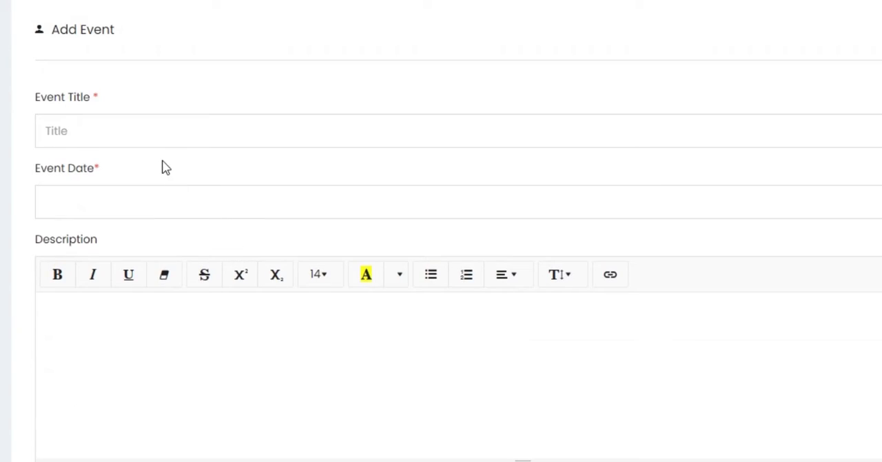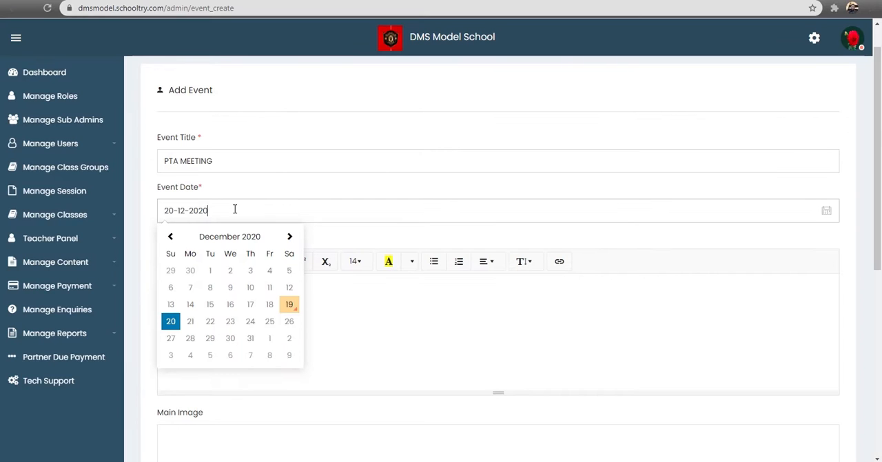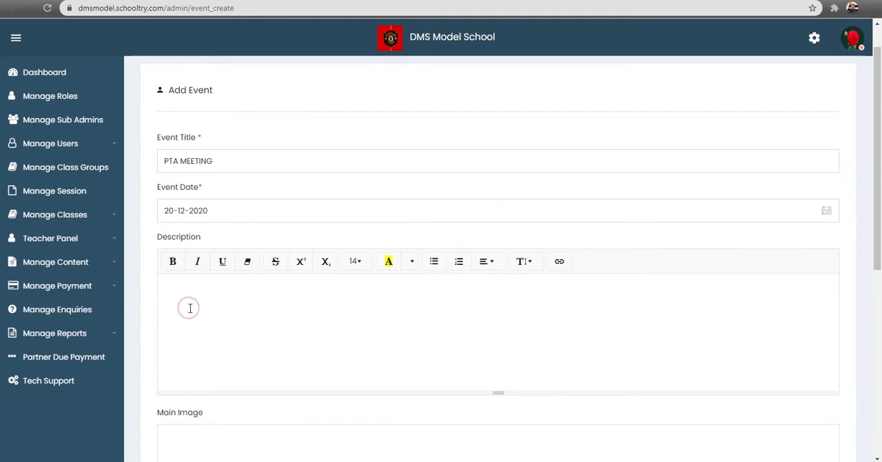So simply put, you just add the title of the event, say PTA meeting, and then the date of the event, you could say on the 20th of December. The calendar has been pre-added to your event date box, so you don't have to manually input the dates. It brings out the calendar. All you need to do is select the date and automatically it's been structured out for you. And then you click on the description and you say